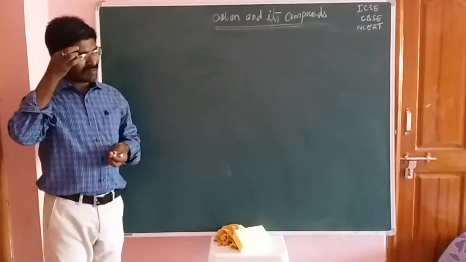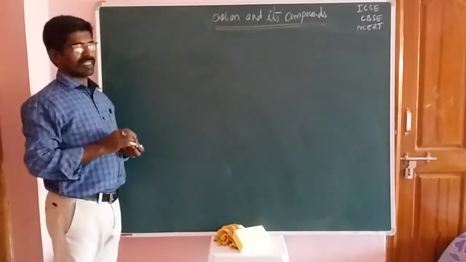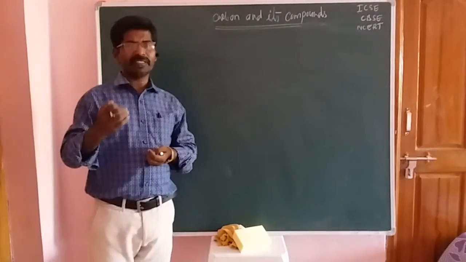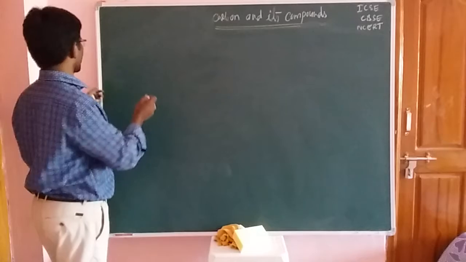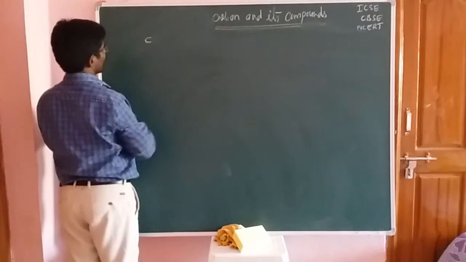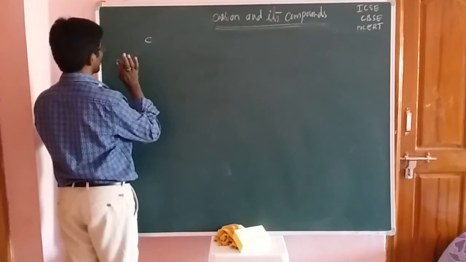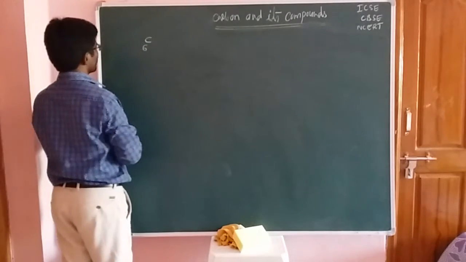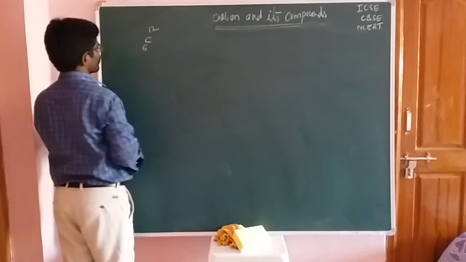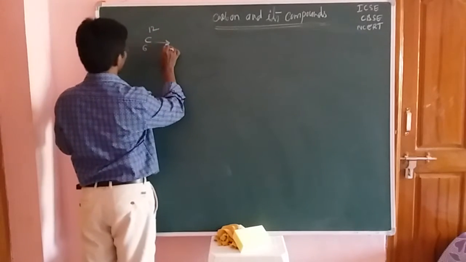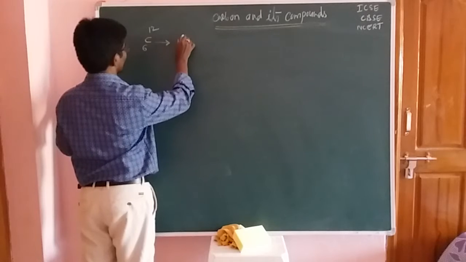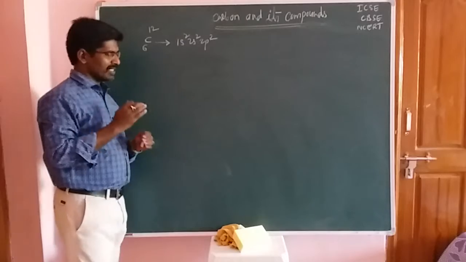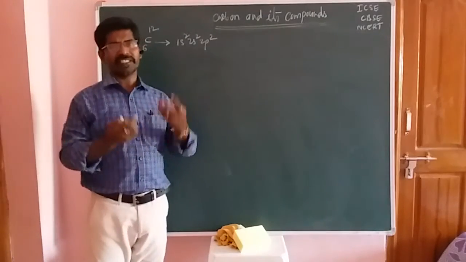Now all of you listen here. First of all, you should take the carbon atom. The carbon atom belongs to the 4th A group elements, or it is a 14th A group element. So its atomic number is 6 and atomic weight 12. Okay, friends. Now the general electronic configuration of carbon is 1s2, 2s2, and next one is 2p2. So this is the general electronic configuration of carbon.